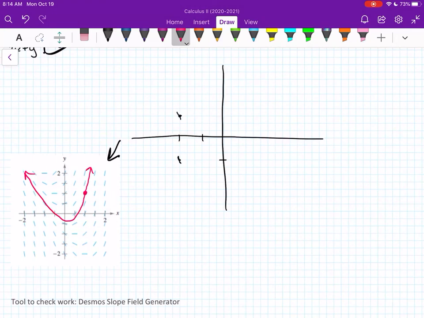But depending on where you start, would kind of fill out the rest of the graph. And there's this great tool in Desmos, which is a slope field generator. I will post the link on Schoology for you so you can check your answers to your